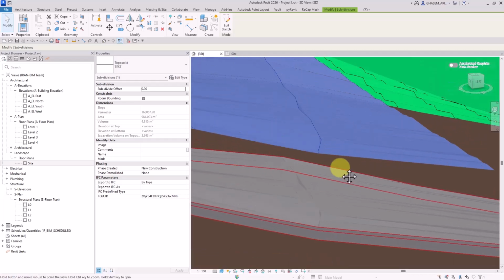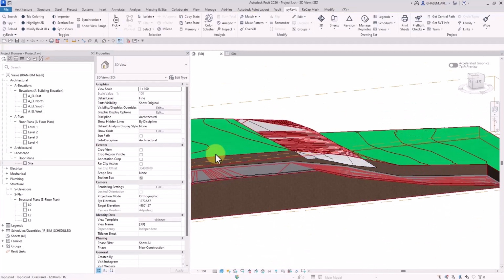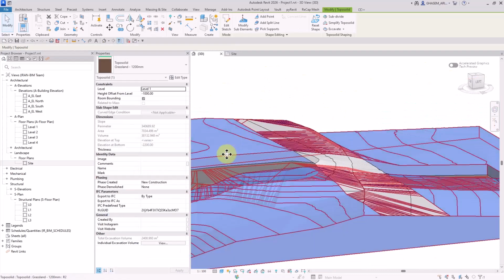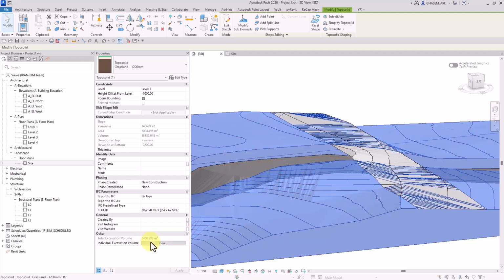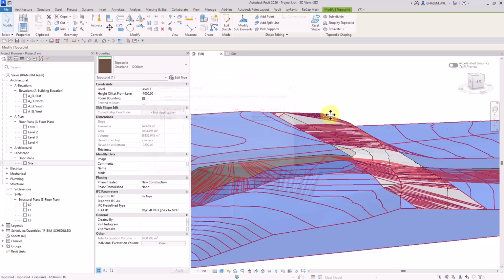And again, the software would automatically set this on a logical value, which is 8 millimeters, as I said. That's why the calculations might not exactly be the ones that you had in mind. That was the first point regarding